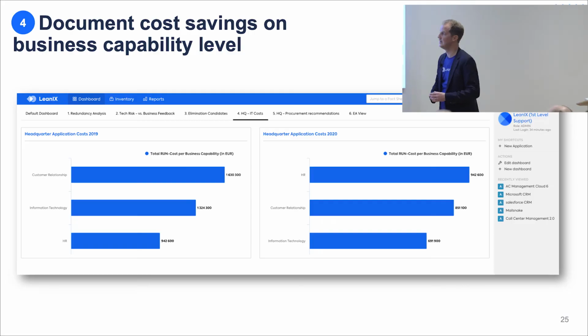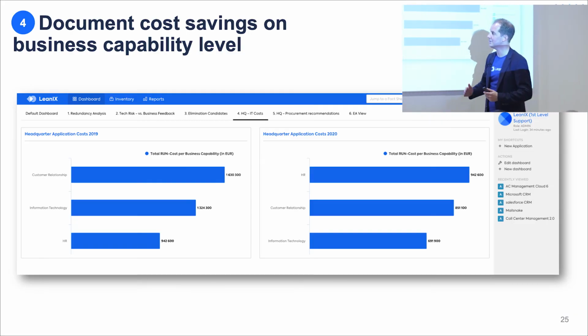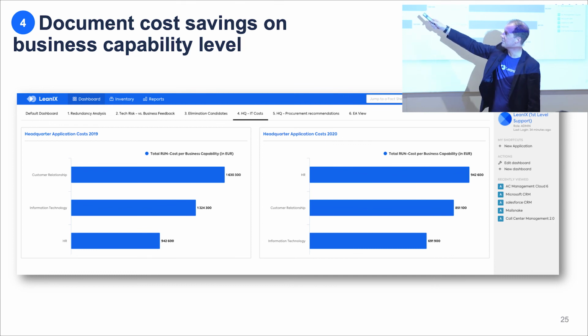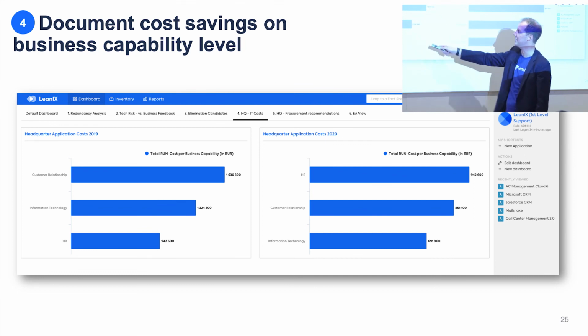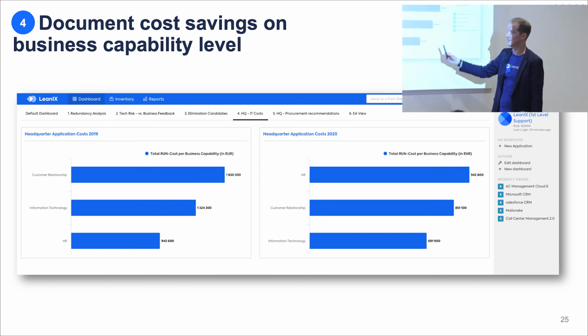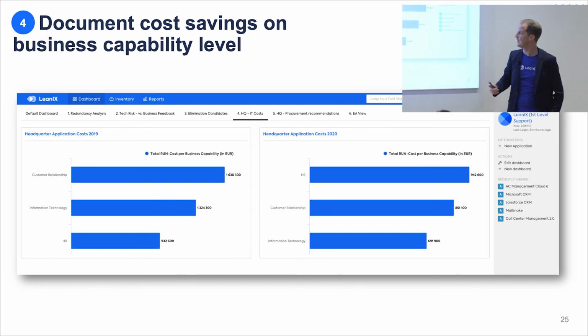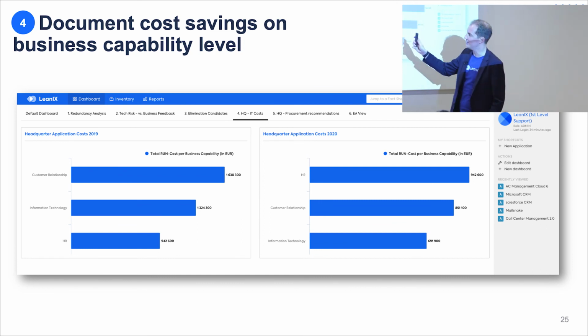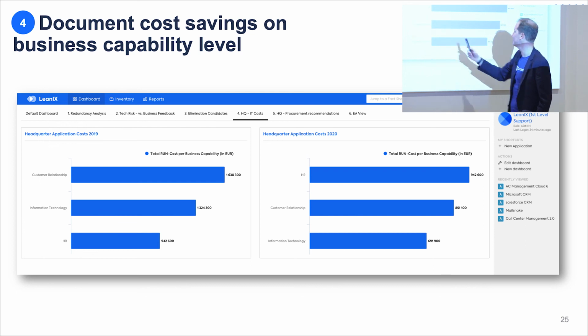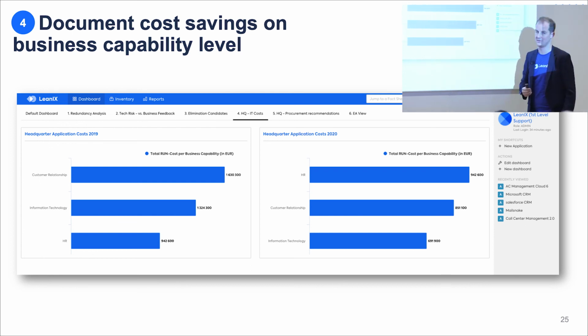The last visualization is that you would want to compare not only the number of applications that you have, but also the costs that are behind them. So you might have one application cost view for your headquarter for 2019, which might look like that. And based on the phase-outs and the eliminations that you've planned, these might go down. So you see that customer relationship management this year causes some total run cost of 1.6 million, whereas next year we are reducing it to